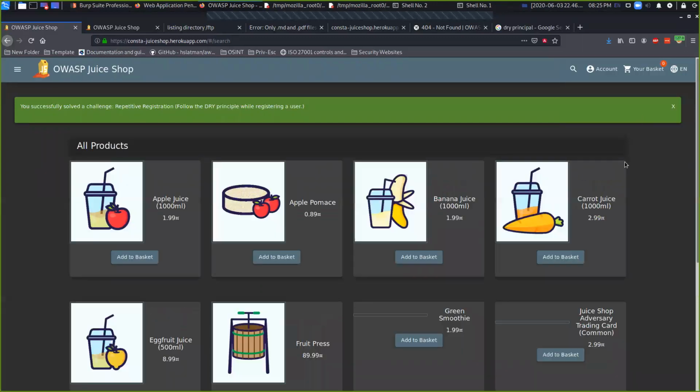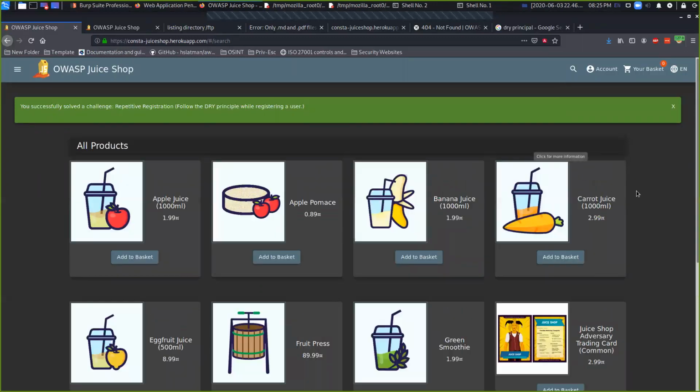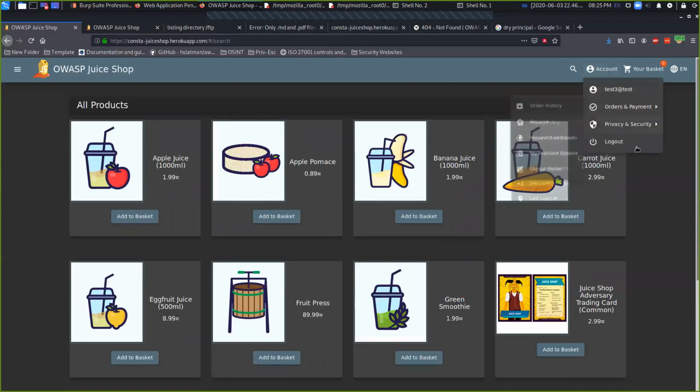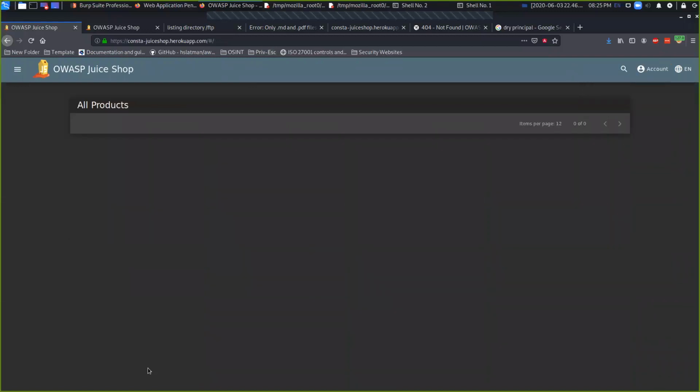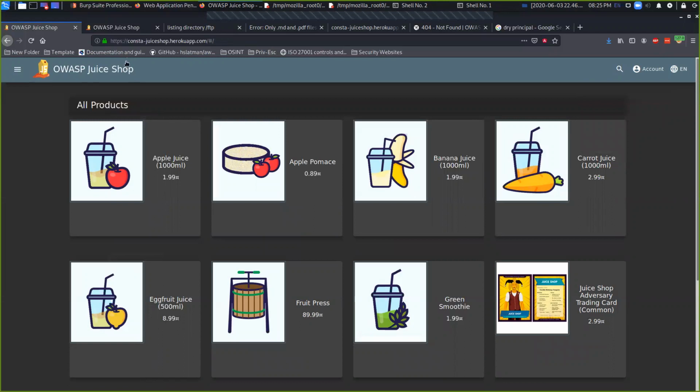So that's an issue with input validation, right? So big concern, big no-no. It looks like we've authenticated and we're in. So I'm going to log out. I still want to stay on the unauthenticated side of things. So we've created an account. We've passed that,